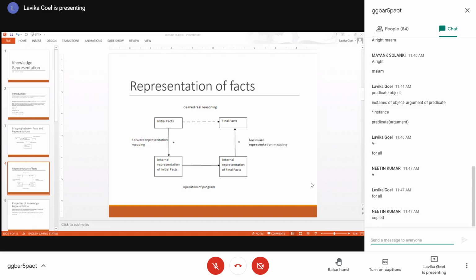Fine. So this is basically an example of how you infer new facts from the existing facts using knowledge representation techniques. So this is on a broader scale. Then we will also study some different forms of knowledge representation techniques. Okay.